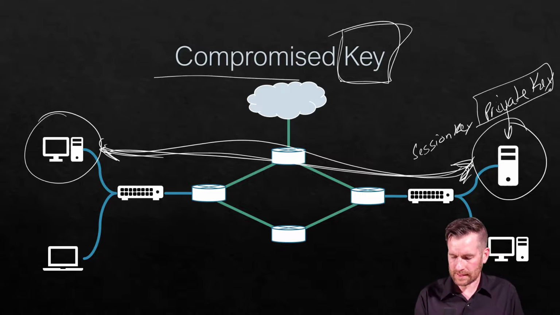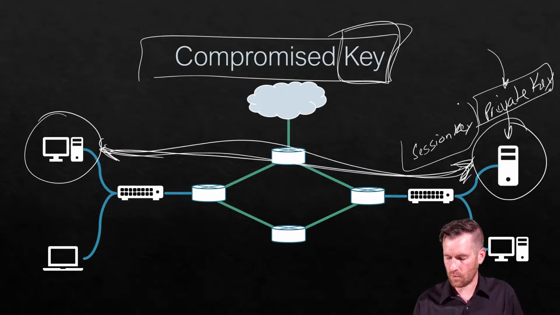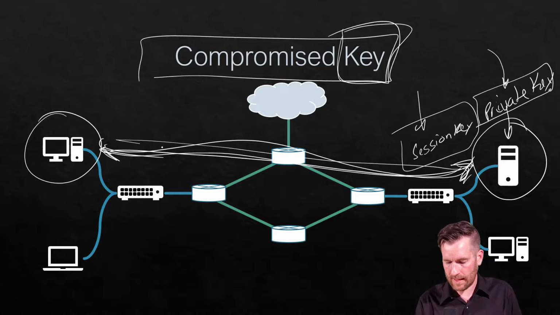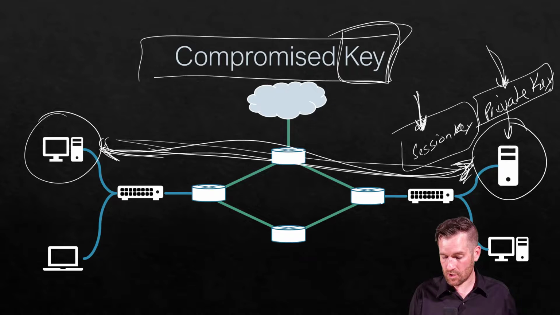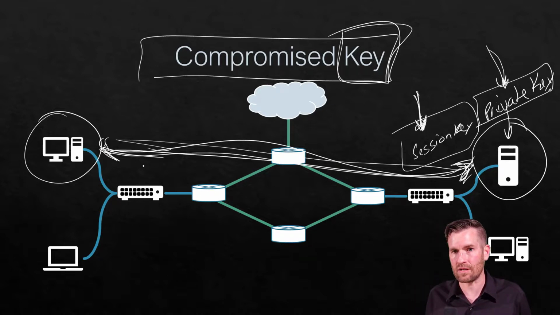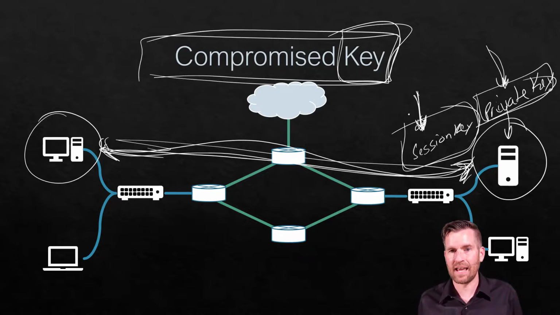So what a compromised key would be is if this private key were to be compromised, that would be really bad. Or if the session key were to be compromised, then any traffic that's going back and forth between these two devices can be seen unencrypted. So whoever is seeing this traffic go back and forth can be able to read that traffic with this private key and session key, or insert themselves within this communication and do a man-in-the-middle attack. So this is the compromised key, when a private key or a session key is compromised,